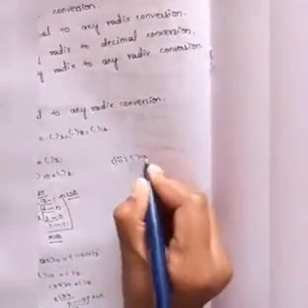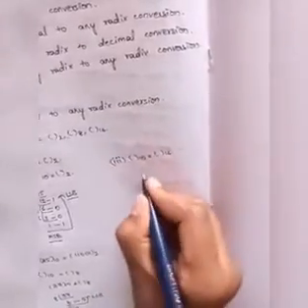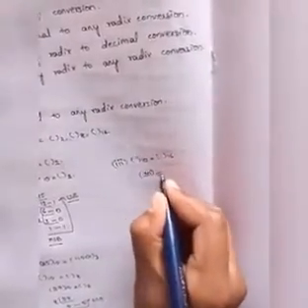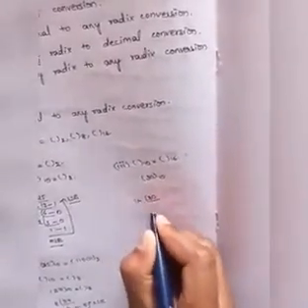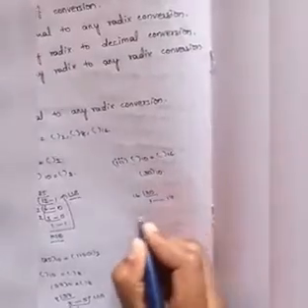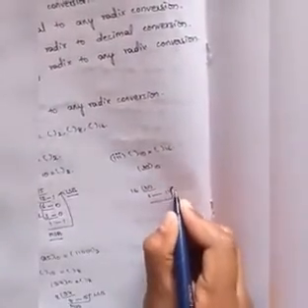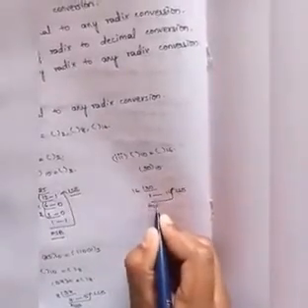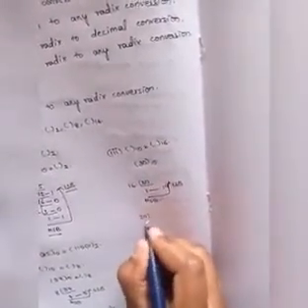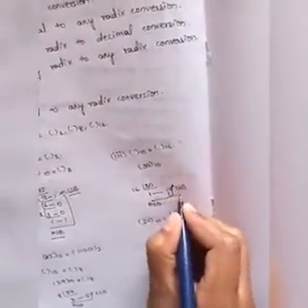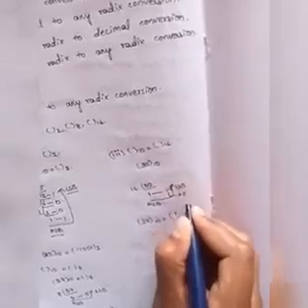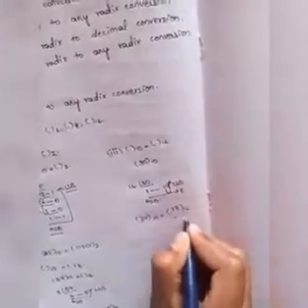Now here third one is conversion of decimal to hexadecimal. So here I take the example of 30 to the base 10. I have to convert it into the hexadecimal. So divide 30 with respect to 16. 16 ones are 16 and the remainder is 14. So this one is the LSB bit and this one is the MSB bit. So 30 to the base 10 is converted into hexadecimal as 14. 14 is represented with E. 1E to the base 16.